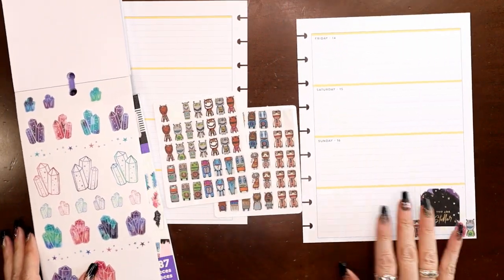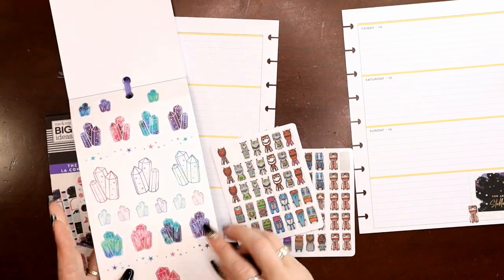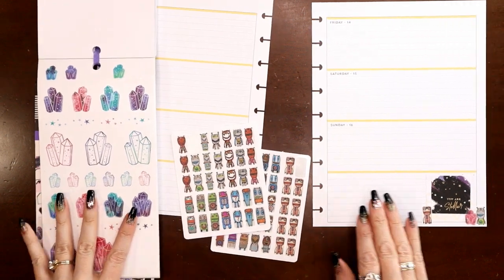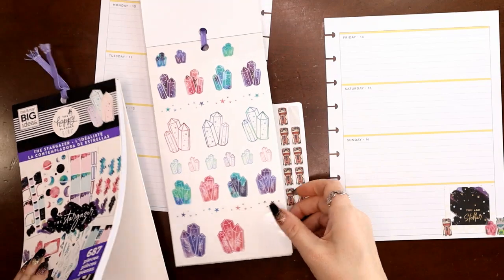Okay. Before I forget, I see these two strips. Well, I guess they're not strips. They're all separate, these little stars. So we'll use those too. Okay, let's come over here. And actually, I need to find